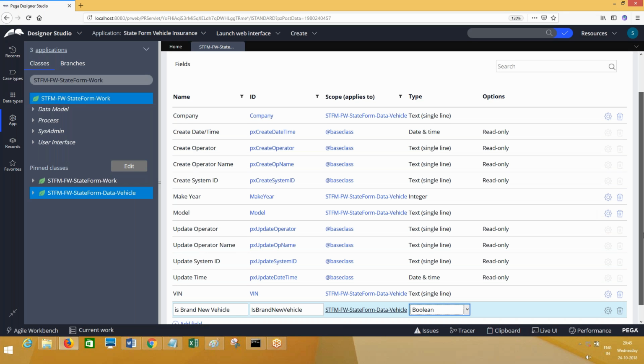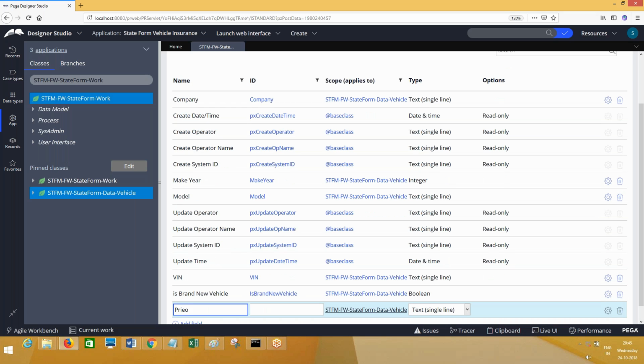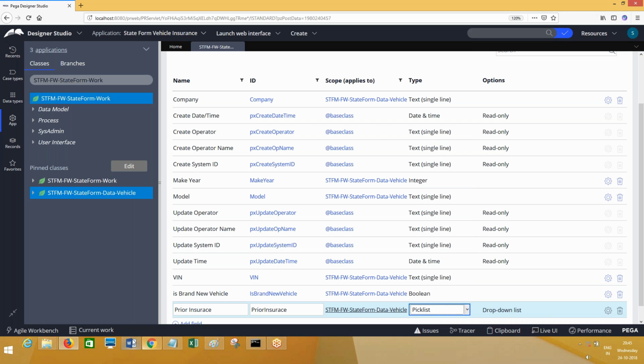Next, one more property. What is the other property? Prior insurance. You know how to create a radio button control, generally with other navigation, but here it is a pick list. You need to choose pick list.